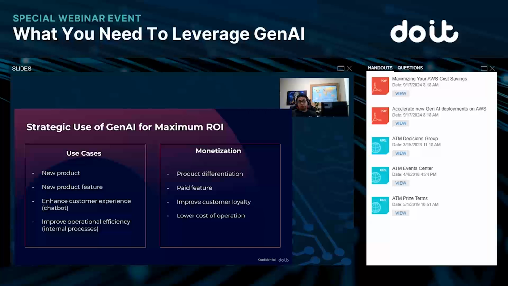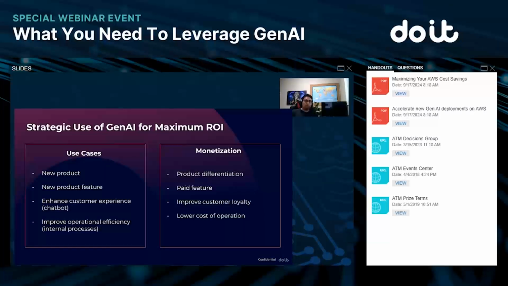And then you're looking at how that translates into monetization, right? Are you being a product differentiator? Does that put you in a differentiator position from other competitors? Are you going to be able to gain a market advantage? Are you looking to gain 20% more market, 5% more market, 20% more customers? Paid feature: are you actually going to get customers to pay for this new feature because, hey, it's a premium feature? Look, it's going to help you with X, Y, or Z. It's going to reduce your cost, and that's going to be a value for your customers. So that is how you're going to get some revenue back.